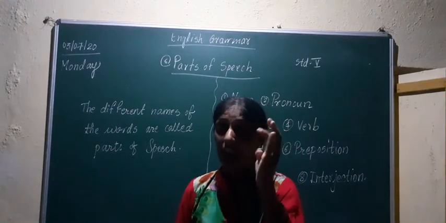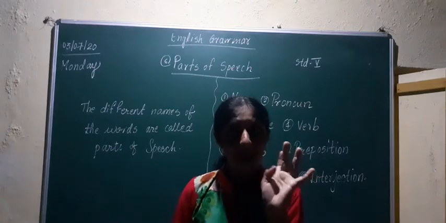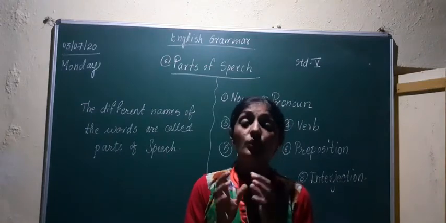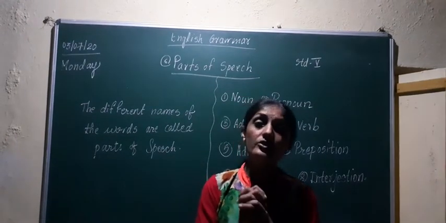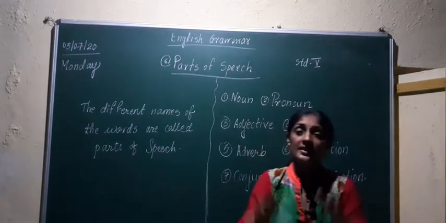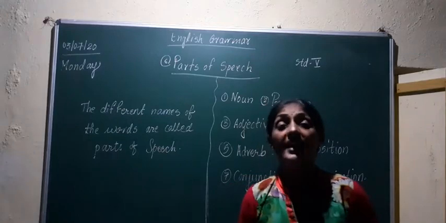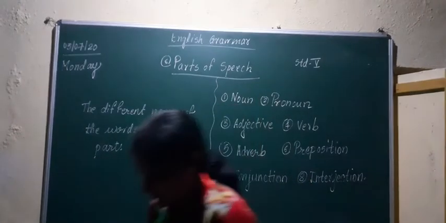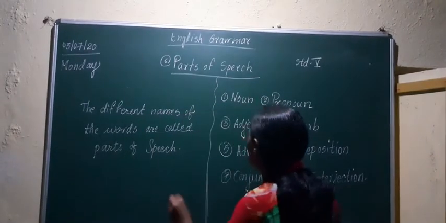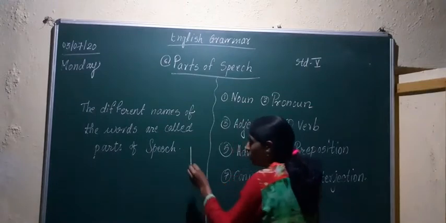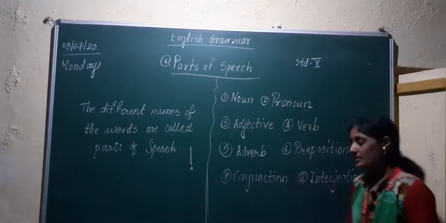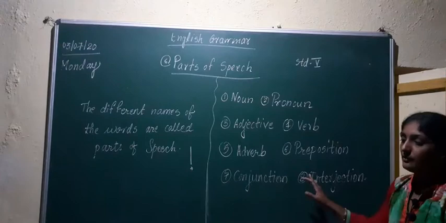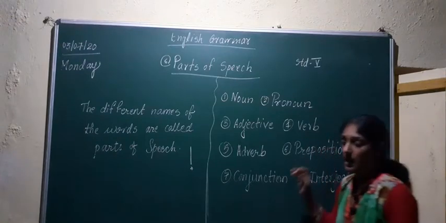Interjection words: alas, hurray, bravo, oh, ouch. Such words are interjection words, and they are used in exclamatory sentences. Exclamatory sentences have an exclamation mark. How is an exclamation mark? It is one big line and then a dot. So in exclamatory sentences, interjection words are used. In this way, in more detail, we are going to study about 8 parts of speech.